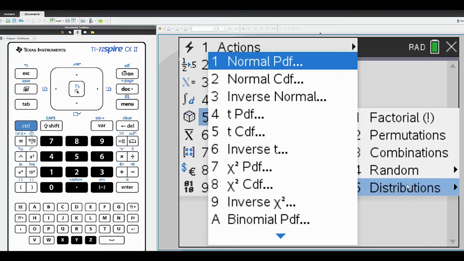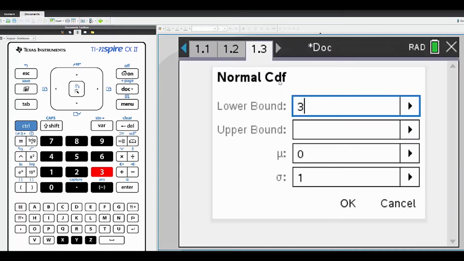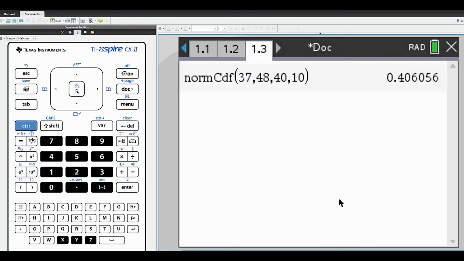As we are going between two values, we want normal CDF. Our lower bound here is 37, our upper bound is 48, our mean was 40, and our standard deviation was 10. Just put all those values in, click OK,